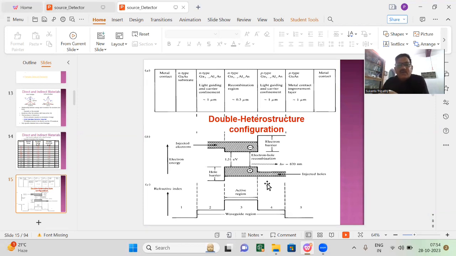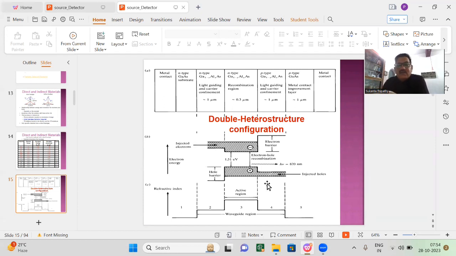But as you know, this is possible only when the second condition for total internal reflection is satisfied, because there are two criteria which are to be satisfied for total internal reflection. The first one is the refractive index: the light should travel from a denser medium to the rarer medium, which is satisfied in this case. But the second condition is also to be satisfied, that is, the angle of incidence should be greater than the critical angle of